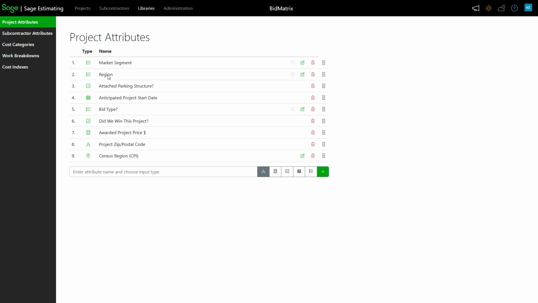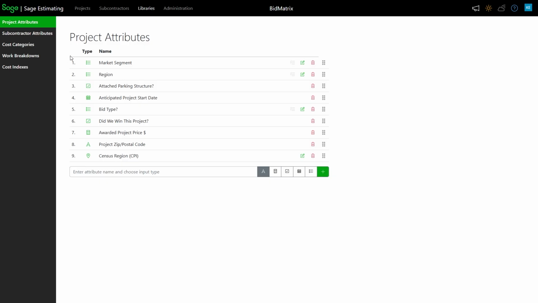So I've got market segment, regions and things like that. And there are other videos that show how to set these up, so I'm not going to spend too much time here, but this is where we could just hit add and create new ones. Some of these are list boxes, so I make sure that the estimators are spelling things consistently, that they are picking things off a drop-down list instead. Some of them might be check boxes, that is, is this included or not included. Some things could be dates and so forth, and some of it could just be text fields. So those are just some of the different types of attributes you could create, many that I've got started here.